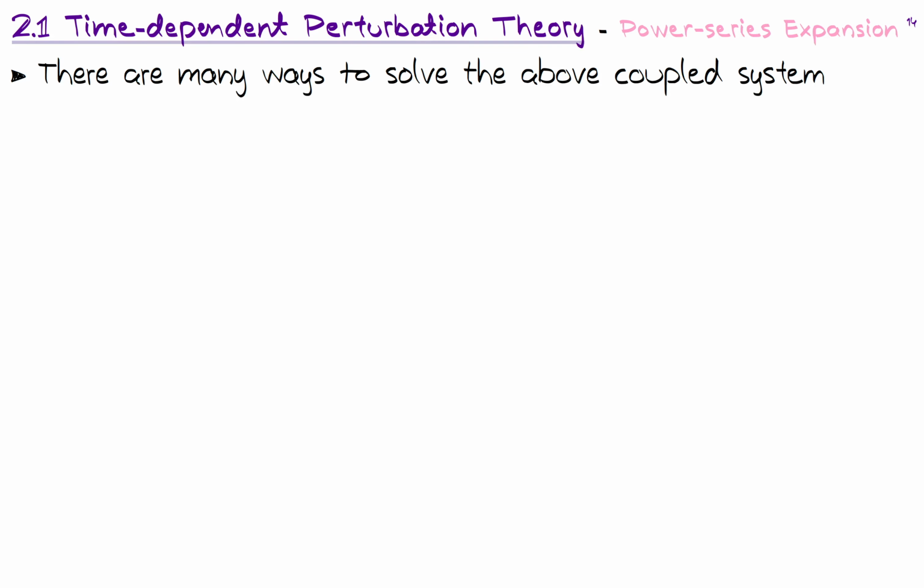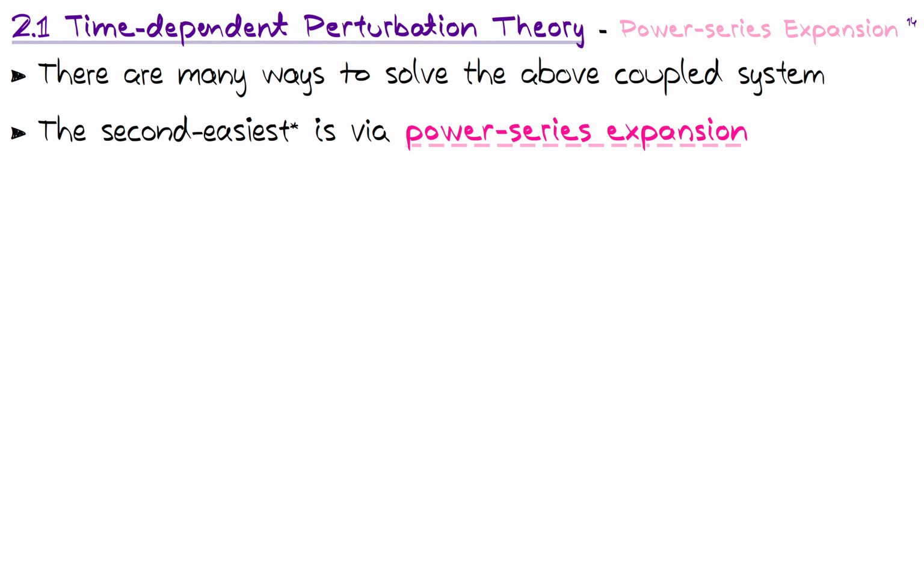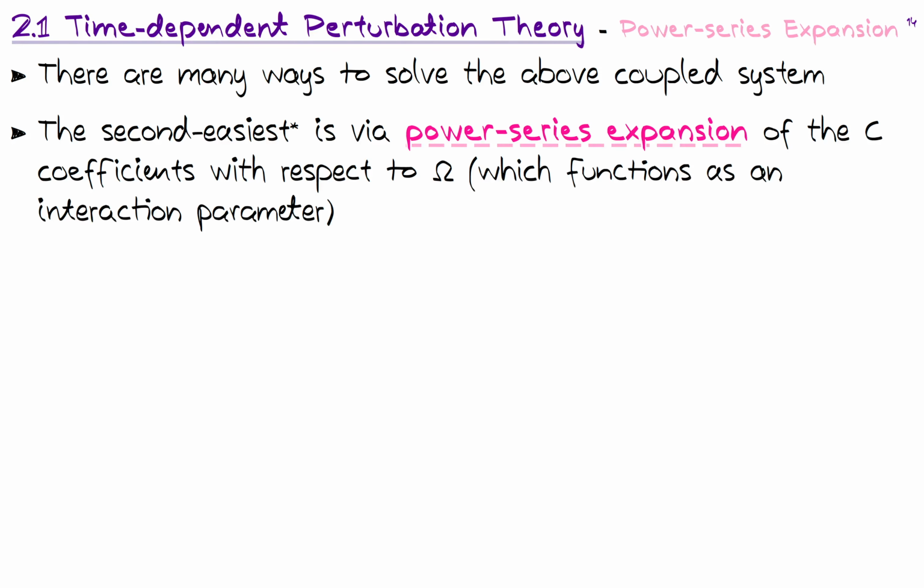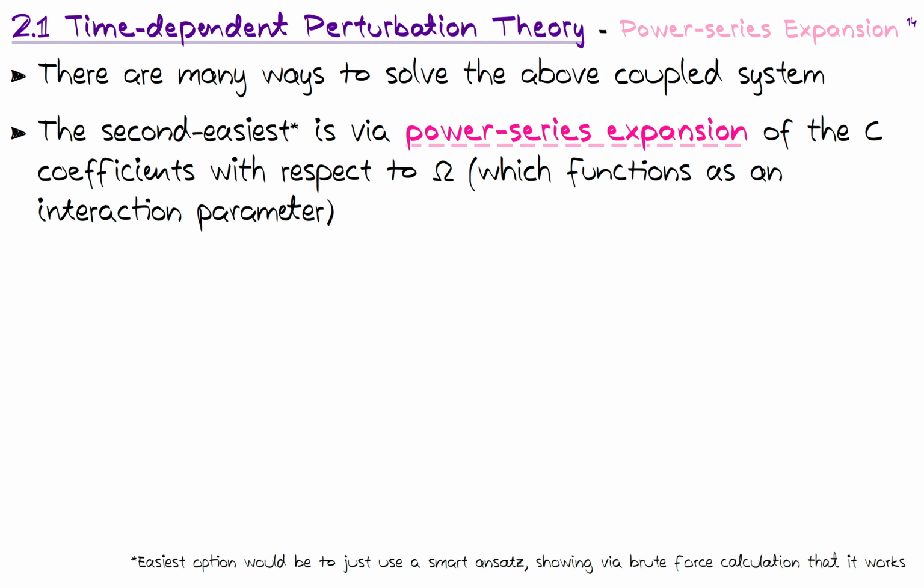Okay, there are many ways to solve this coupled system, and of course the easiest one, I would say, would be to use an ansatz and do brute force verification that the trial function works. But let's do this by the second easiest option, because this is more powerful in terms of doing other similar calculations. So let's go with the power series expansion of the C coefficients with respect to the Rabi frequency omega. And this is basically an interaction parameter. And these days,